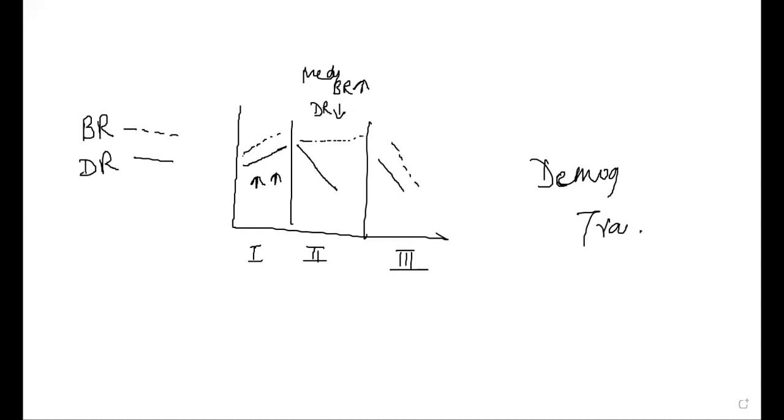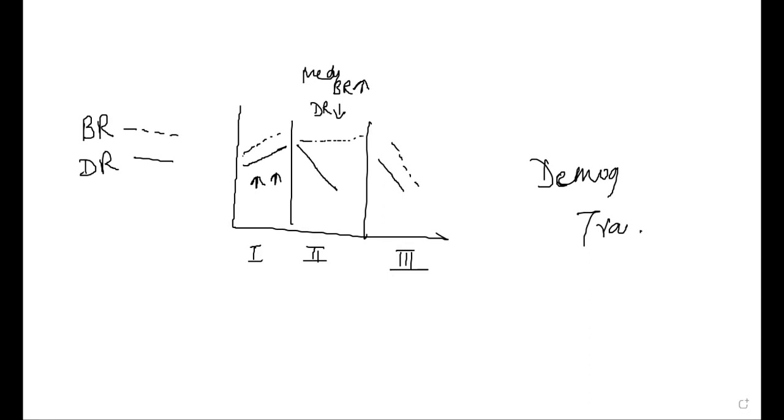Okay, ma'am. In demographic transition, there are three stages. In the first one, birth rate and death rate are high. Birth rate is high because there was improper education, and death rate is high because there were no medical facilities. Okay, good. In the second stage,